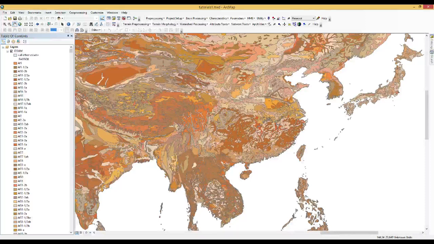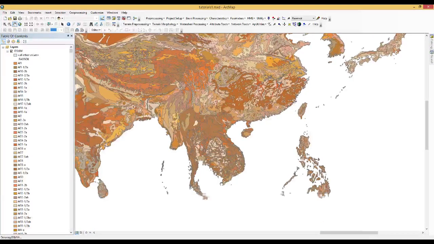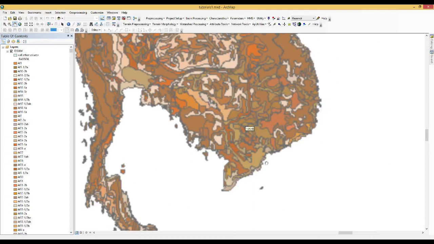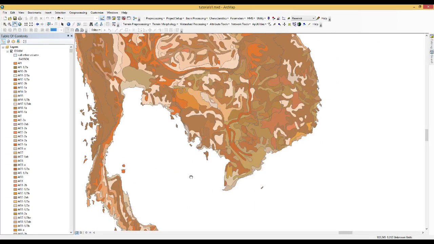With this data, you may need to clip some portion of these soil polygons for your study area and rasterize it if you would like to proceed with other processing for your required work. So in this video, I will focus on this Mekong Delta area as my study area. Actually, I already prepared this Mekong Delta area's extent with the DEM data. So I will start with that DEM data for clipping this